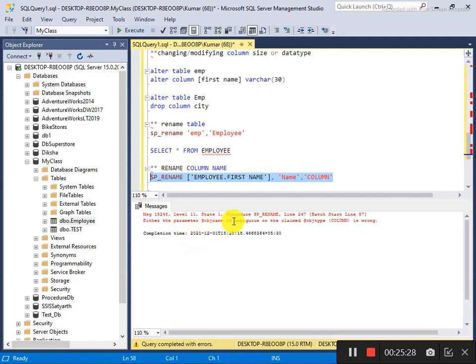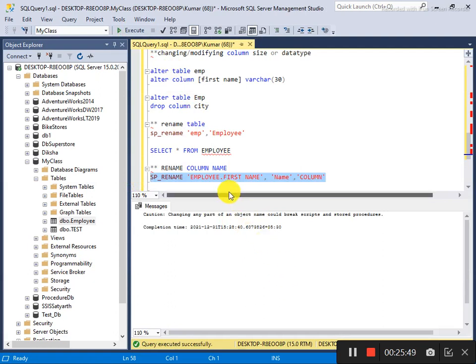Either the parameter obj is ambiguous or the claimed column is wrong. I think a square bracket is not necessary here. Okay, a square bracket is not necessary here in sp_rename.